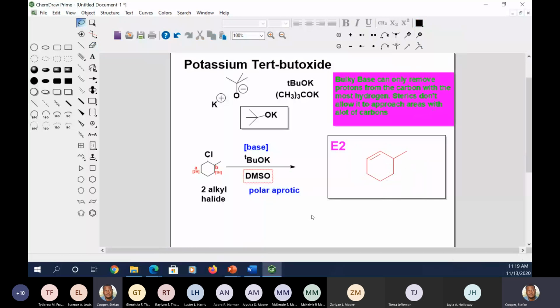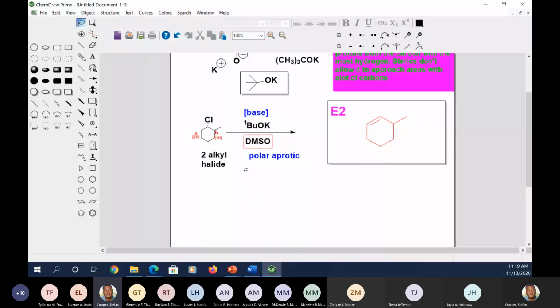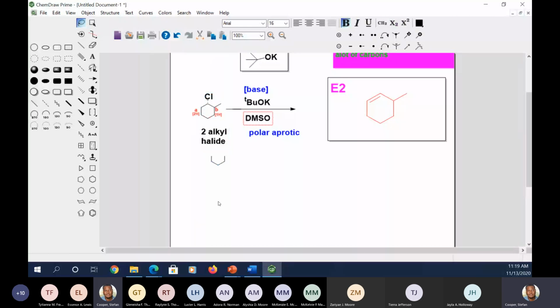So let's break down this mechanism really quickly. Let's redraw this. Right, so I'm going to draw my hydrogen over here, and that's the one that's going to be removed now, right? And why did I select this one? This is the Hofmann product. There's not really a rule here, but the Hofmann product says that the base can remove